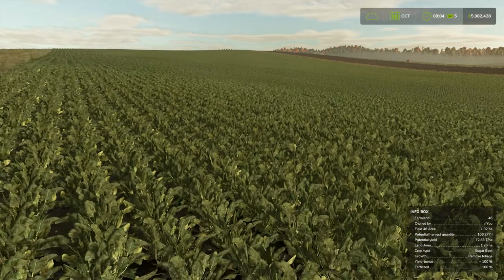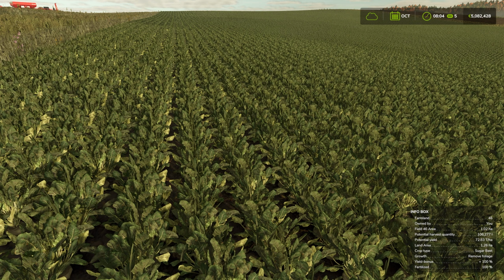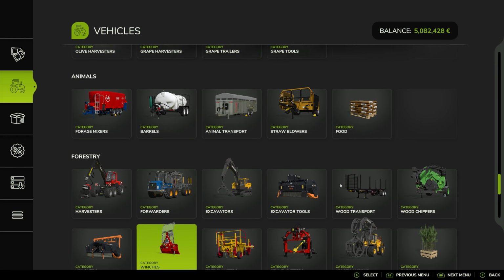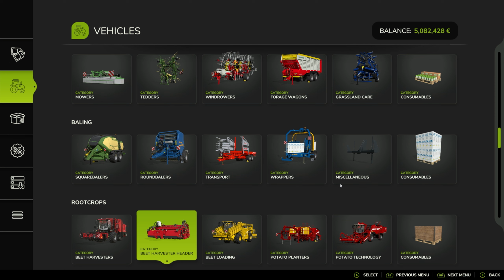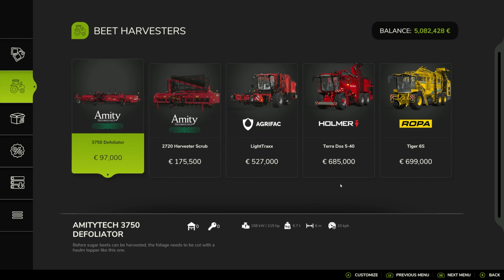So now we're in October, it is ready to harvest. It doesn't say it's ready to harvest, it says remove foliage, which if we go down to the root crop technology, we can find the sugar beet technology. In this menu. Right, here we are. So there's going to be sugar beet harvesters, sugar beet headers, and then beet loading. It's kind of fun to load actually, I really like it. So here's the beet